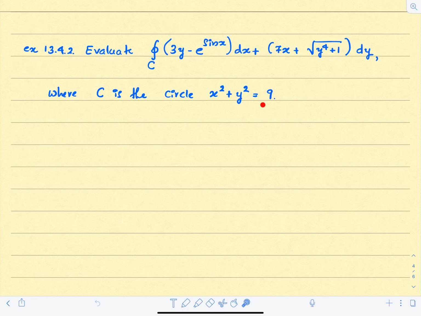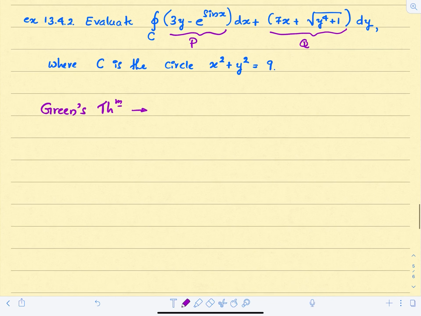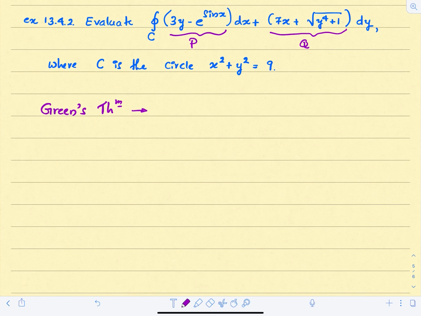Okay, now let's use Green's theorem. So we have a closed curve, so we could apply Green's theorem to evaluate this line integral. Now the part that is associated with dx is your P, and the part that is associated with dy is your Q. So now Green's theorem says this line integral